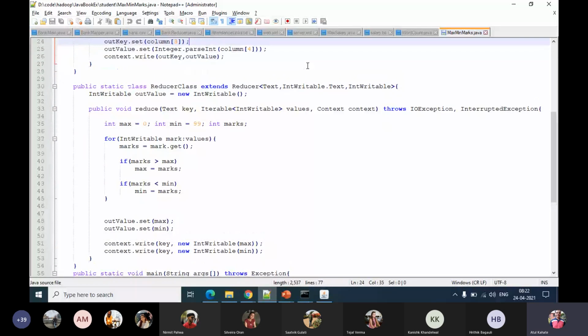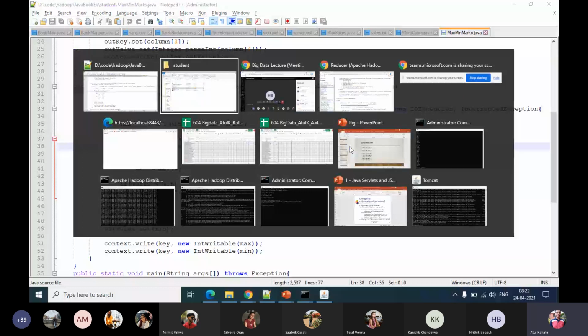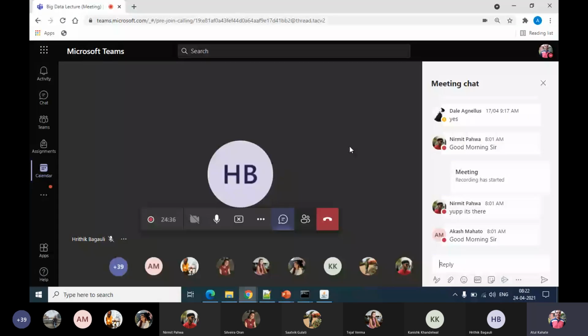Because the mapper class is sending text int writable. Text int writable is received. Whatever the mapper is sending, those will be the first two parameters here. Whatever is the reducer writing to the output, those will be the two remaining parameters here. Okay, any questions about this broad level understanding before we try out the next example?